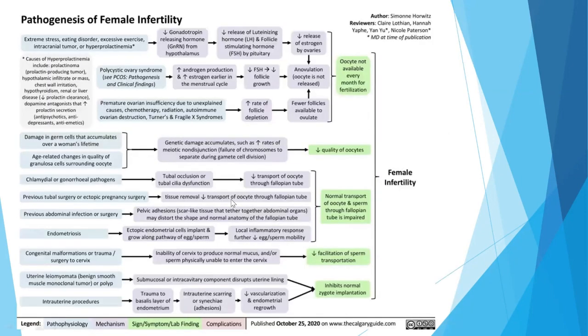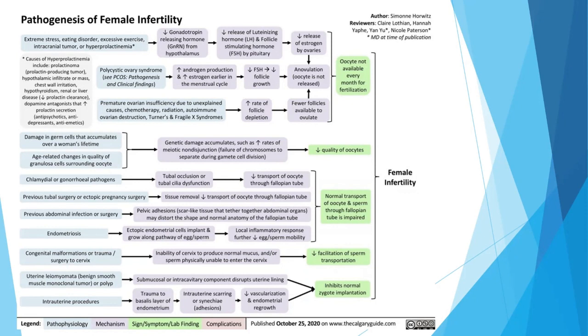Now, this is the basic pathogenesis of female infertility. So let's skim the important parts of this flow chart. When there is extreme stress, an eating disorder, or excessive exercise, it decreases the GnRH from the hypothalamus. And whenever there is decreased GnRH, there is a decrease in LH and FSH production, which will ultimately decrease the